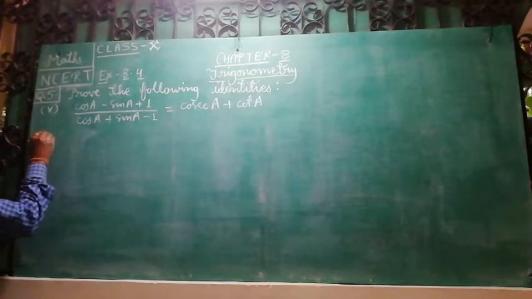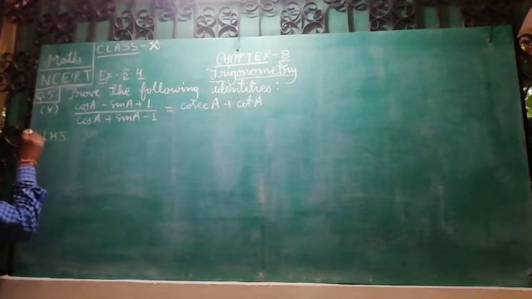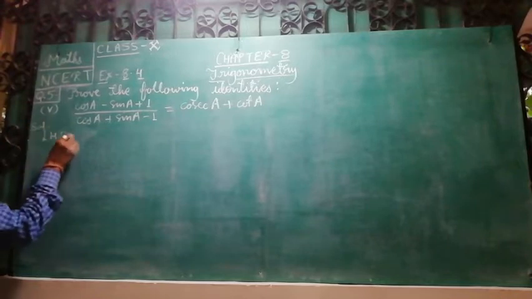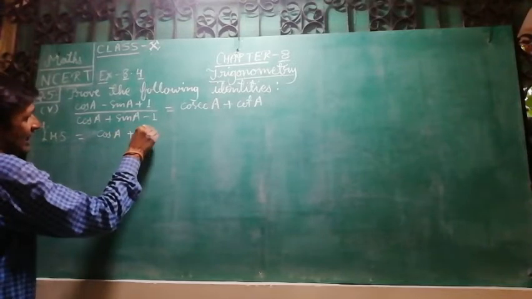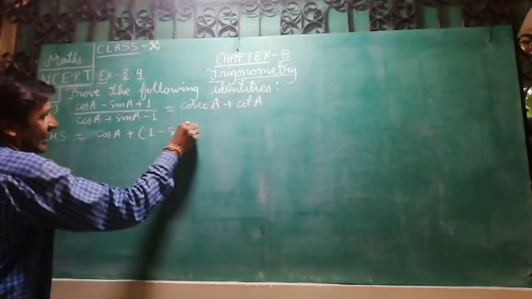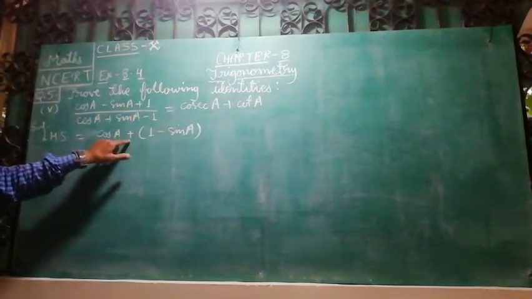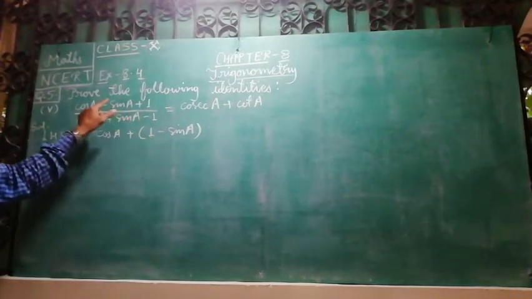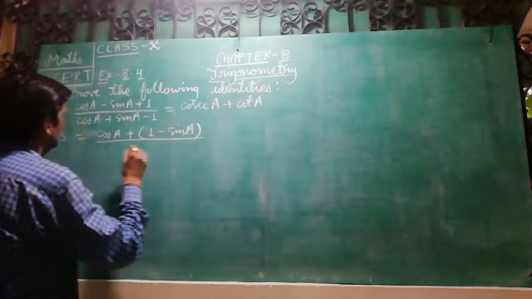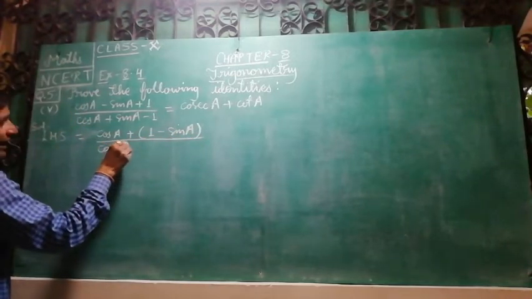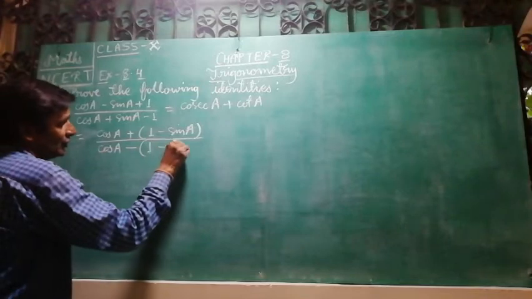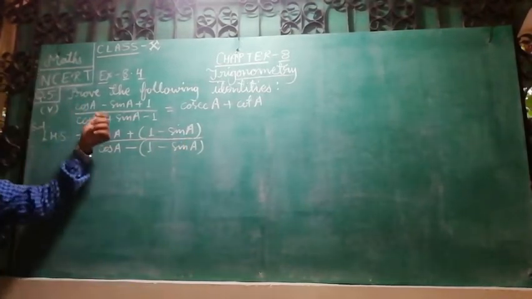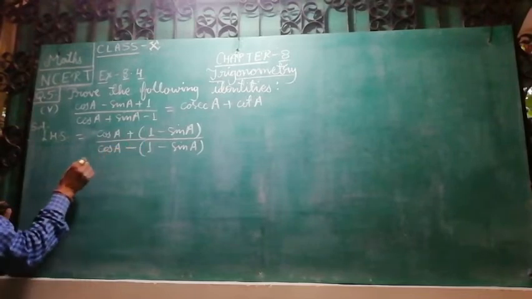So for this, first of all let us take LHS in solution. We have taken LHS. Cos A plus, suppose I am writing plus 1 minus sin A, so I can write it like this because this plus sign is taken in front and 1 is written first and then minus sin A upon cos A, and if we are taking minus sign common then this 1 will become positive and this sin A will become negative. So we may write it like this, LHS step, and afterwards we can, by rationalizing the denominator,